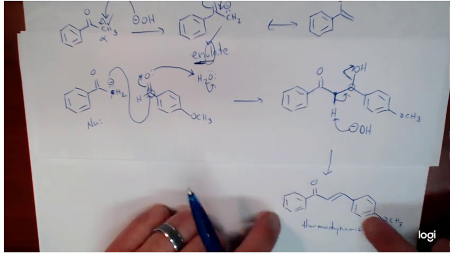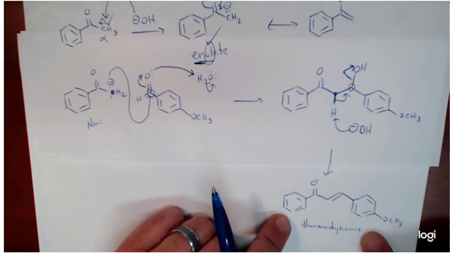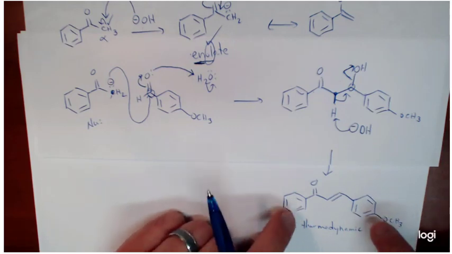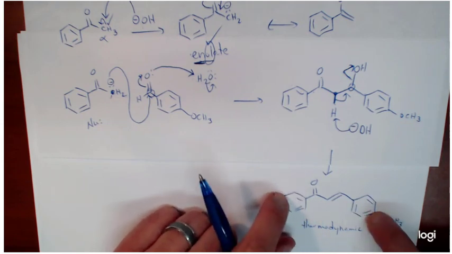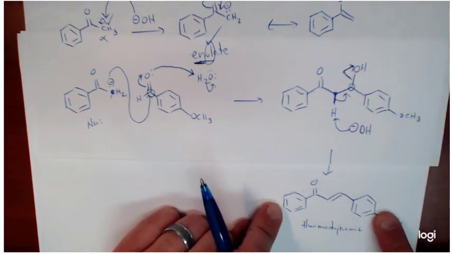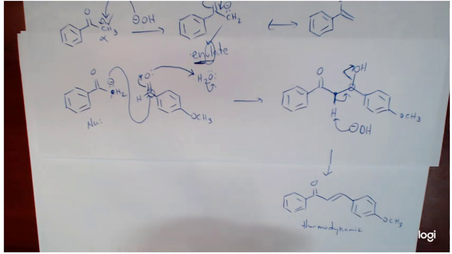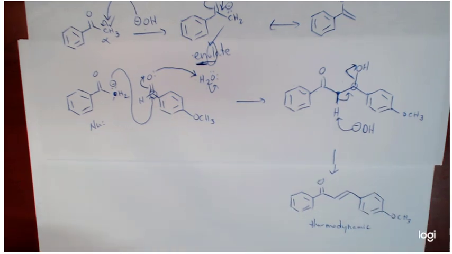So anytime you have benzene rings being involved in your aldol reaction, you do want to check to see if by removing the alcohol, you can get an uninterrupted conjugated system all the way through the molecule. So for instance, if you were to look at a reaction of,